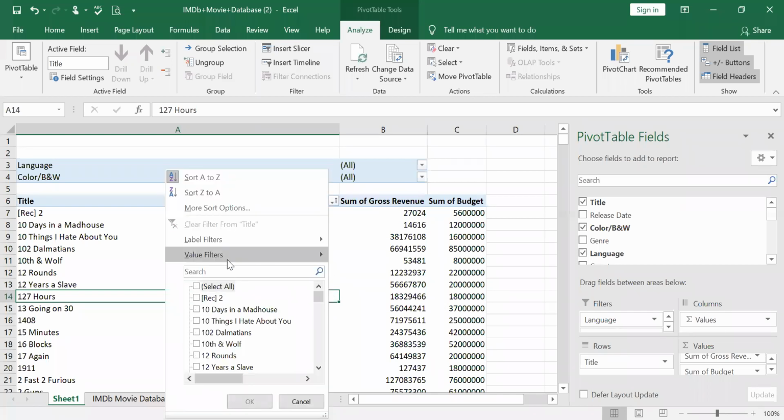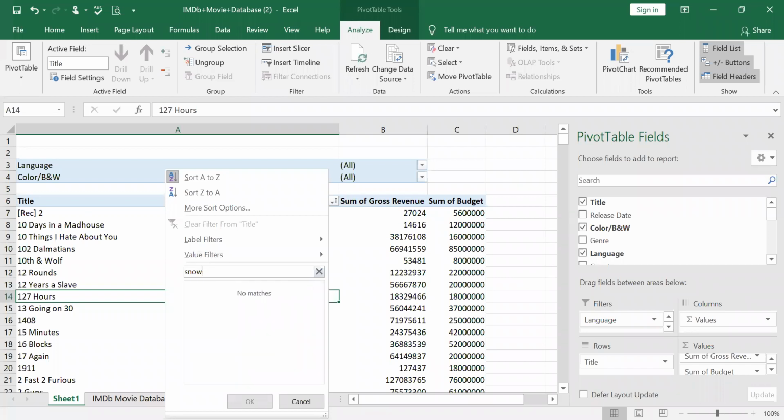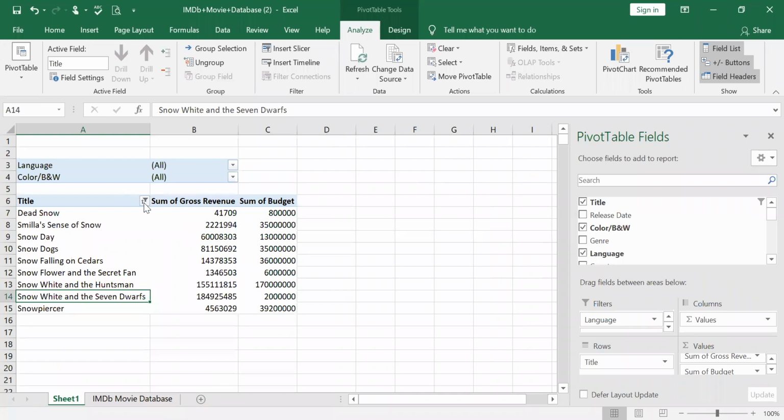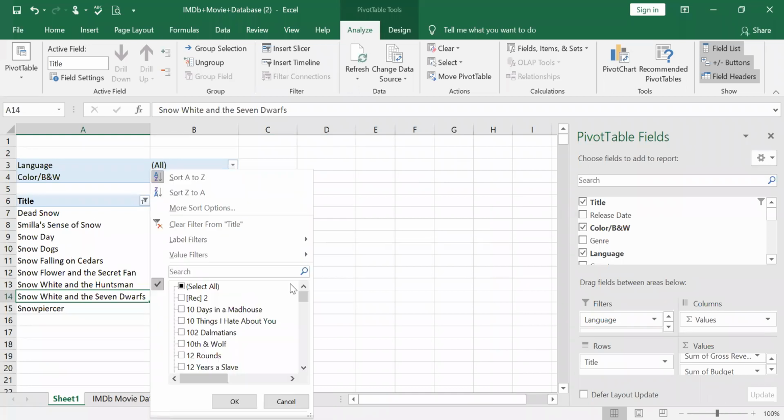Deselect. Okay. I just give snow, and only snow is selected. Give okay. So only that is being selected, and the rest all not selected. So only these are there.